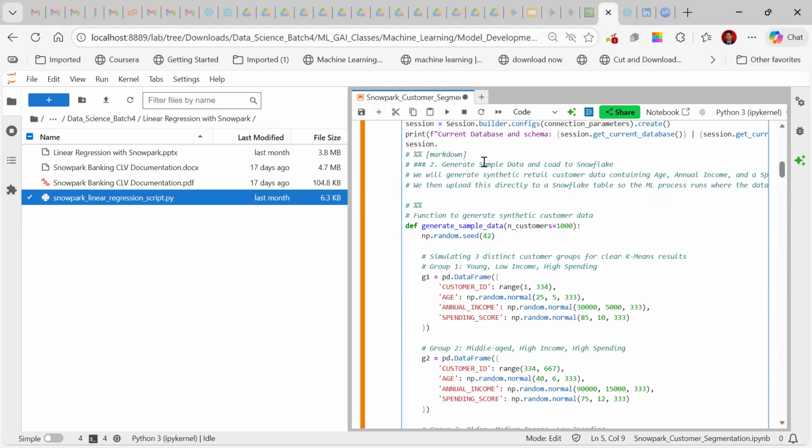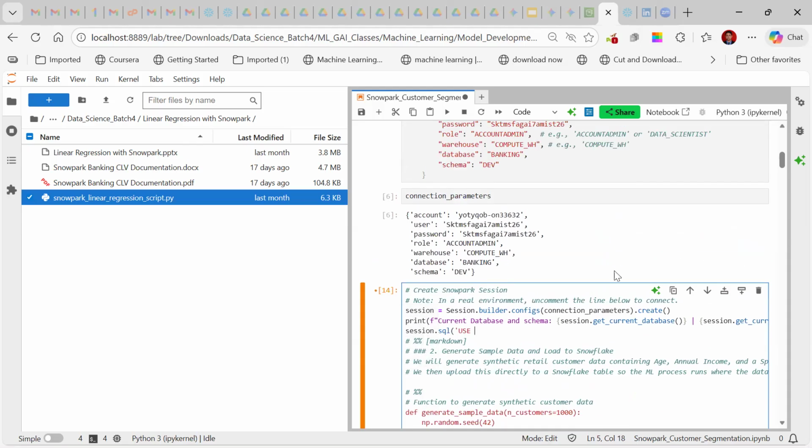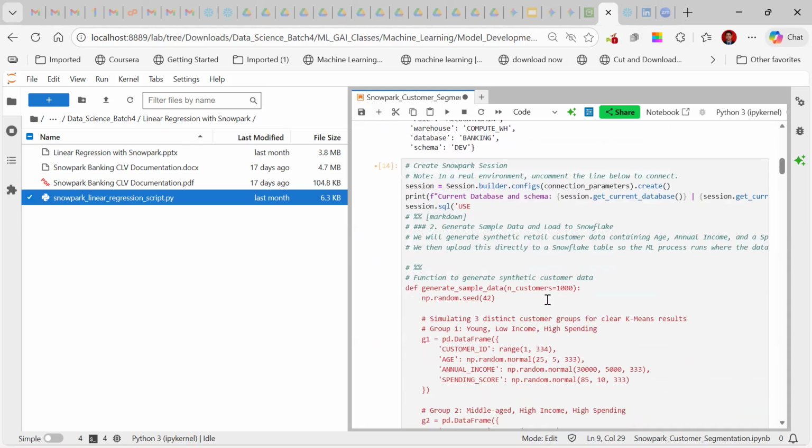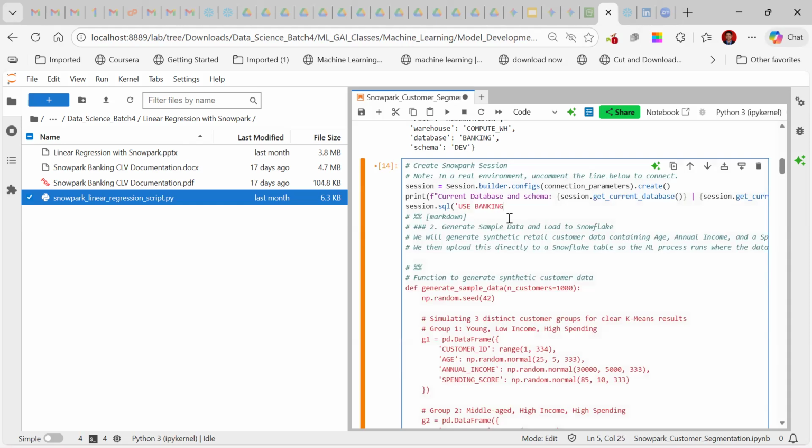Session dot SQL, wait. Then use database. Just let us use the database name. Banking, right? Yeah. Use database banking. I don't think so. Use banking. Okay, I think so.